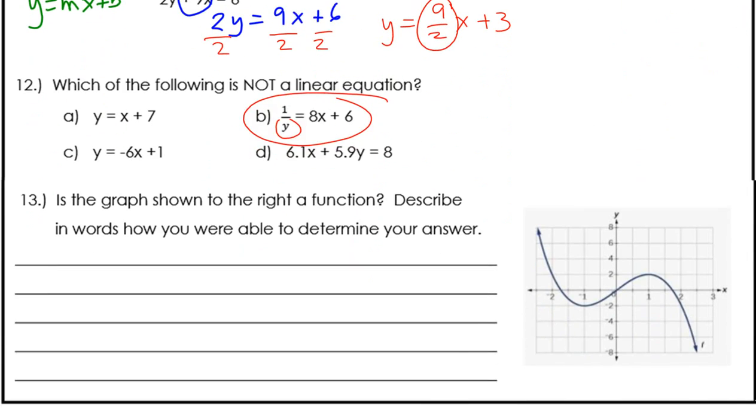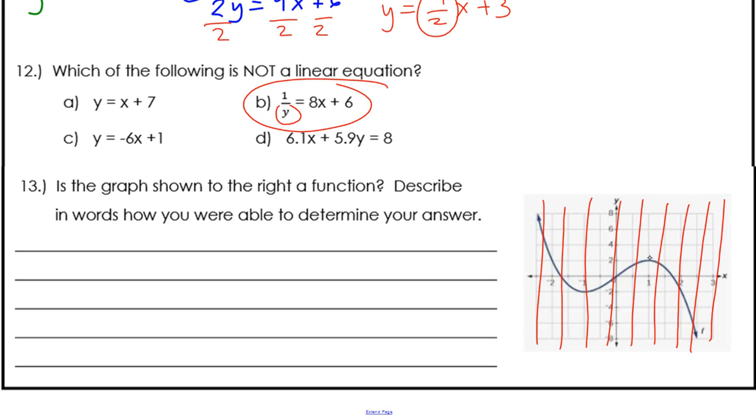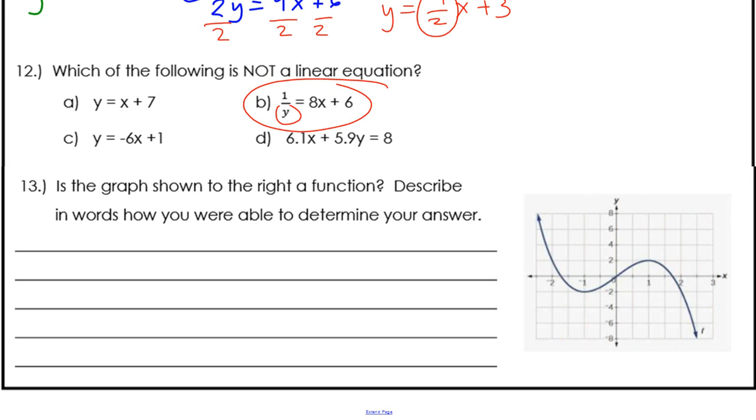All right, let's take a look at this last question. Is the graph shown to the right a function? Describe in words how you were able to determine your answer. Well, if looking at a graph, you can't have any inputs that repeat with different outputs, or your graph has to pass the vertical line test, right? Where if you were to draw vertical lines, you would never touch the graph more than once. So yes, this graph represents a function